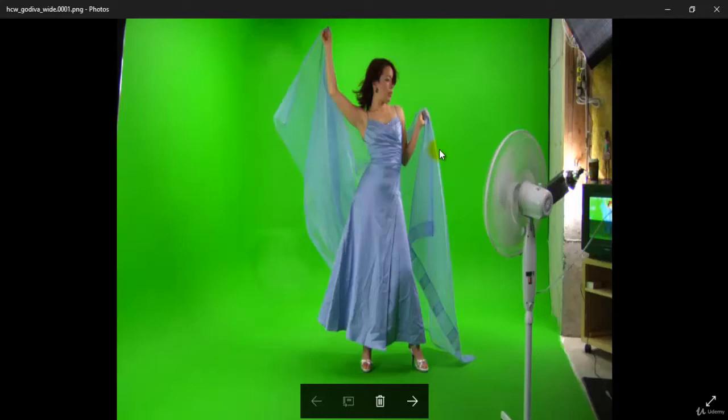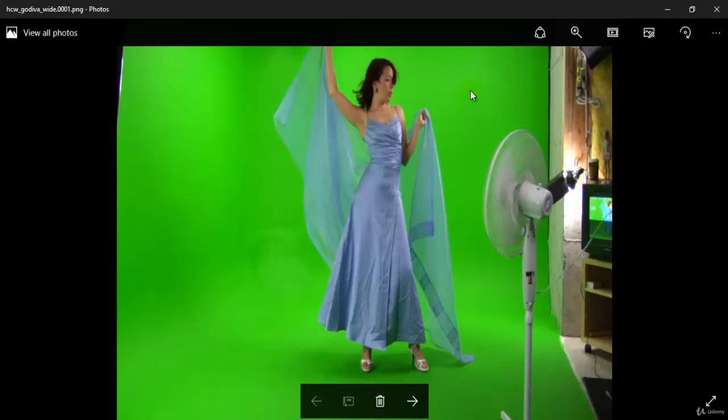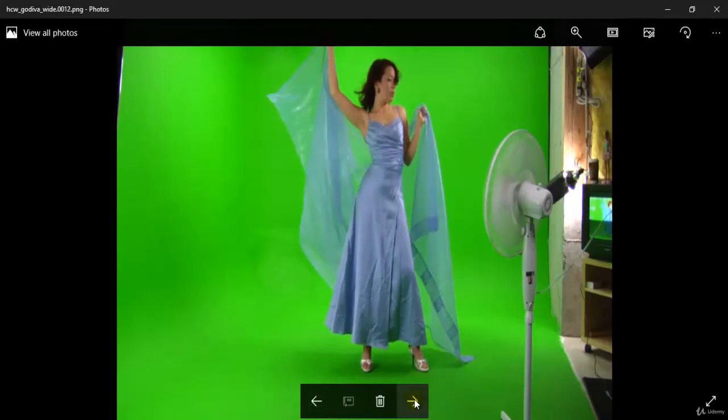Earlier, the footage which we had used was a flat chroma screen where there were no objects or any obstructions. While shooting, if you really want to learn chroma, there might be obstructions or objects present there, and how to get rid of that. So if I play this sequence here,